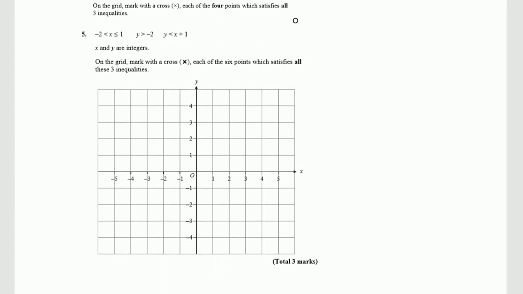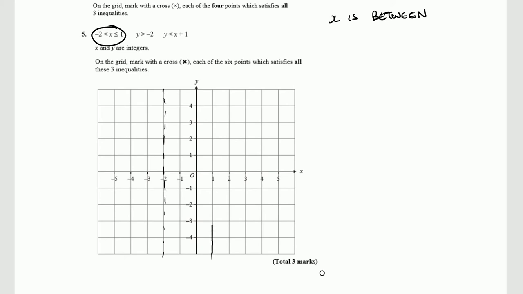So in the next question, we've got -2 < x ≤ 1, y > -2, and y < x + 1, where x and y are integers. And I want to mark all the points that satisfy these 3 inequalities. Remember, whenever you see one of these two-sided inequalities, you want to think of this as being x is between those two values. Okay, so x values between -2